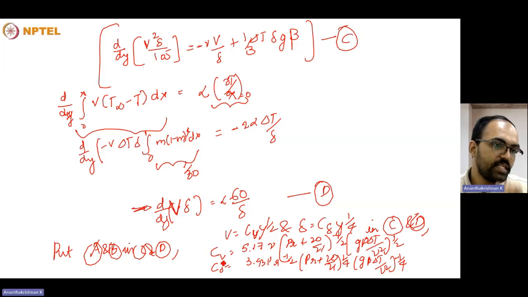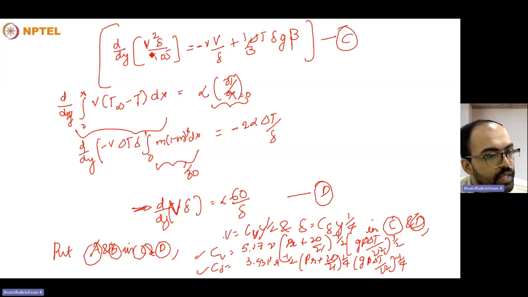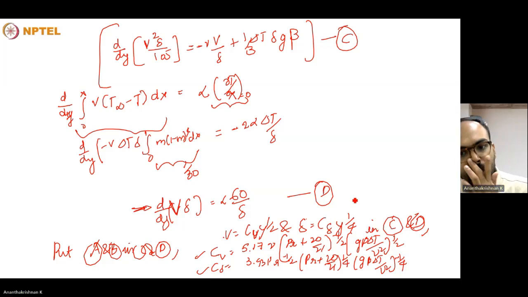So these are the values of the constants that we could obtain by substituting the value of V and C in this one, and it will become a function of only Y, and then we can get the value of CV from here straight away. And this will become a function of Y, and you can get the value of C delta from this one straight away. And substituting it back, we now have the constant values of CV and C delta, and therefore delta could be written as